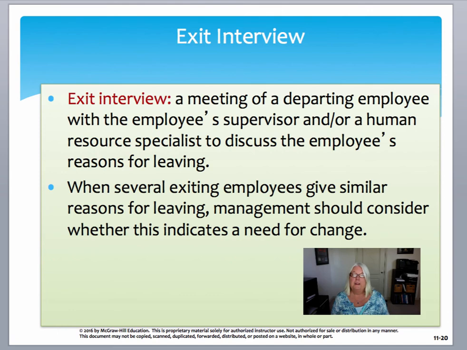Lastly, when an employee does leave, oftentimes the Human Resource Department will conduct an exit interview. And this is an important activity. This is where the HR person will ask the leaving employee, why are they leaving? What are the problems? What changes should be considered? Because they're leaving, so they really don't have a stake in what's going on, so they're more likely to talk about it at this point.